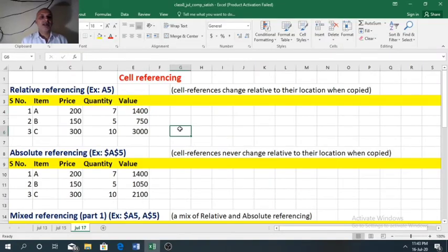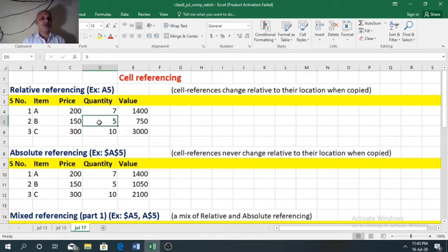Now we will see an example of how we can use relative referencing in an Excel sheet. I have already typed the data in the Excel sheet. Suppose we have three items A, B and C. The prices of these three items are 200, 150 and 300 rupees, and the quantities purchased are 7, 5 and 10.